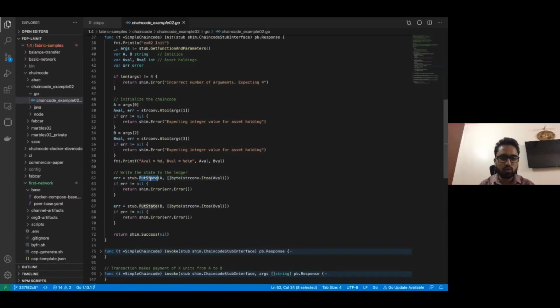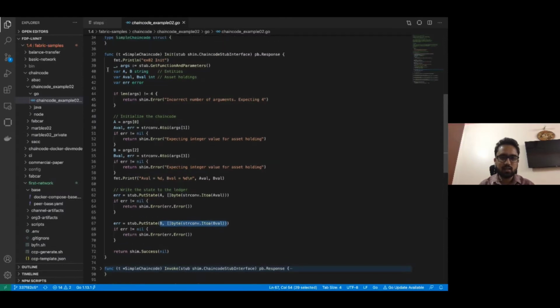It will store that value in the state of the blockchain network, the blockchain ledger, and we can use that state later whenever we do another transaction. Similarly, we store the key and value of variable A, and the key and value of variable B. So this is the initialization, where we have initialized some value to variable A and variable B.